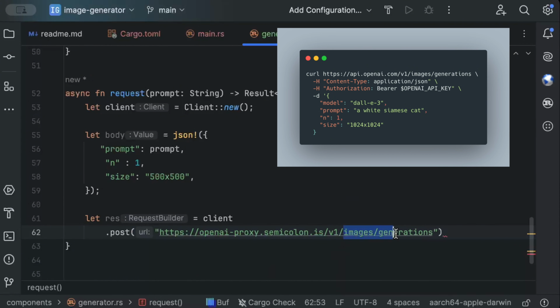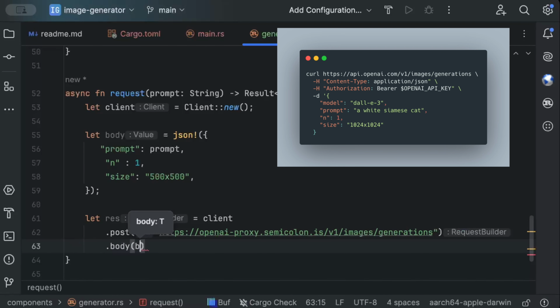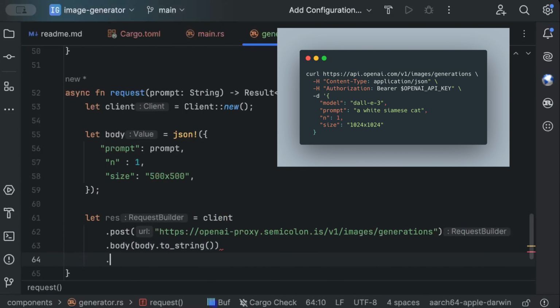This is the API that we are using. And then we have the body, so body.to_string, and then we have headers where we'll send the content type as application/json,